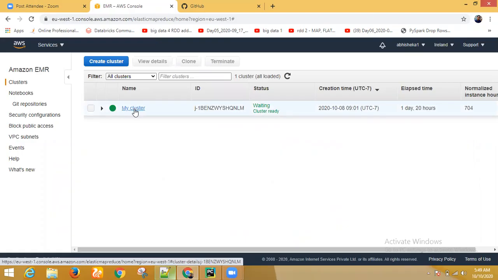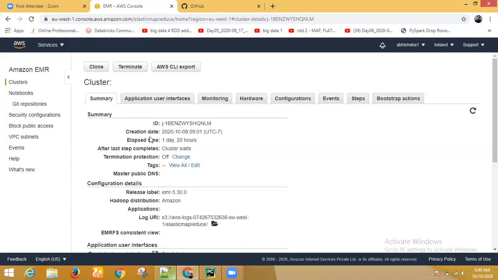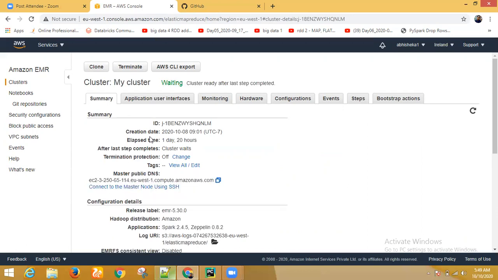But here, Abhishek, I can see your cluster has been running for the last 2 days. Why is it like this? Yeah, it is running. It will automatically deduct the amount, then you will see thousands of rupees deducted. Okay, so it's a free account, let's use it as free.